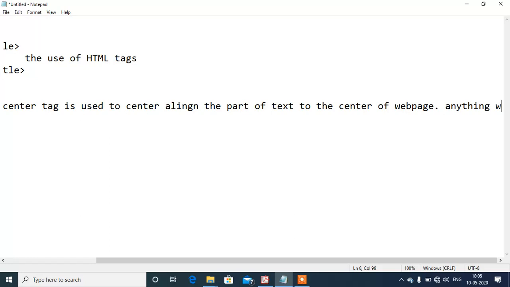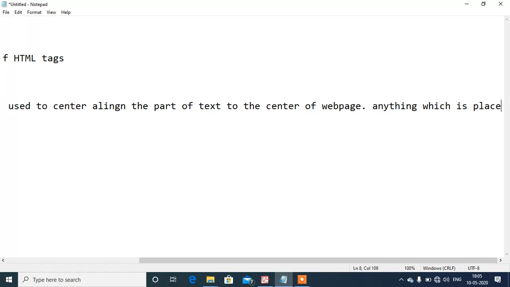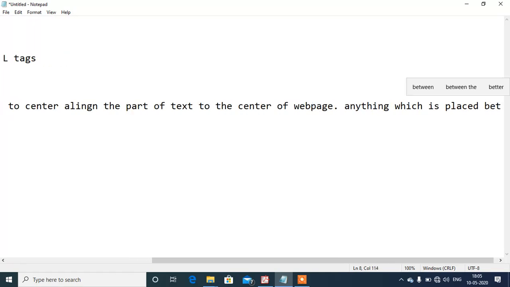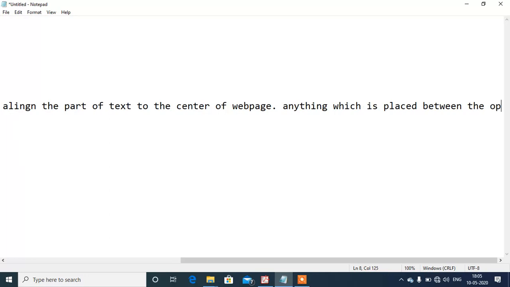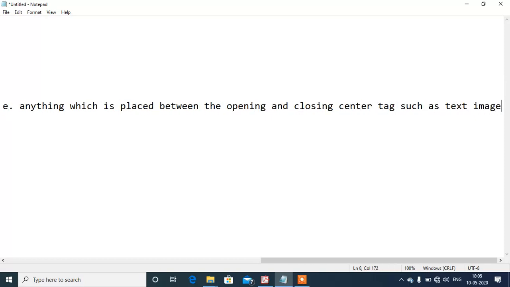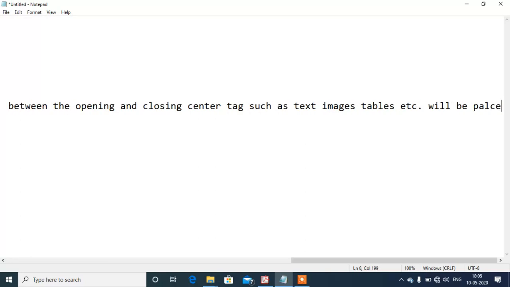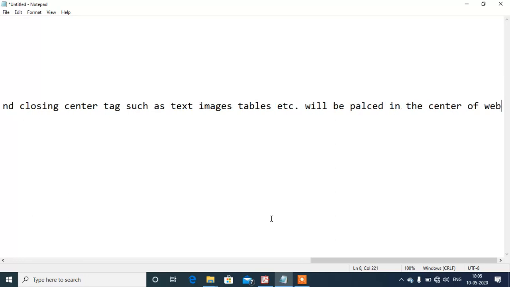Anything which is placed between the opening and closing center tag, such as text, images, tables, etc., will be placed in the center of web browser.